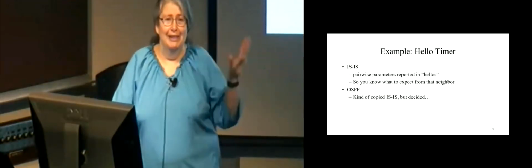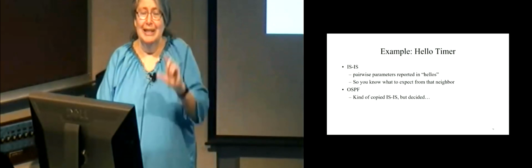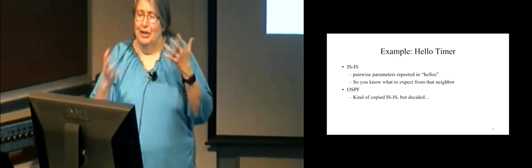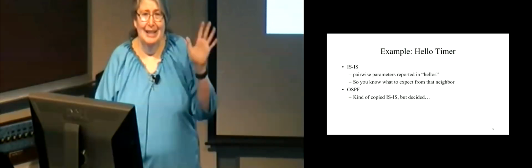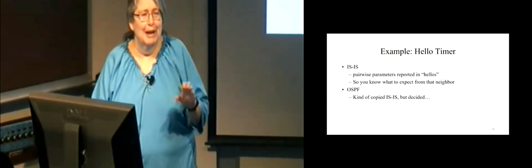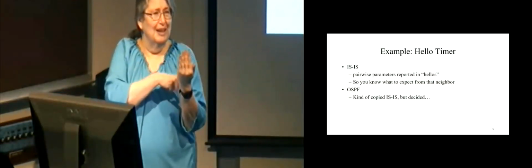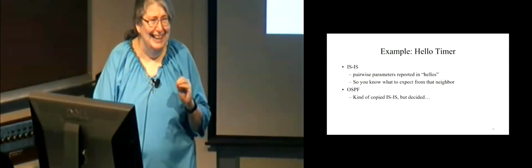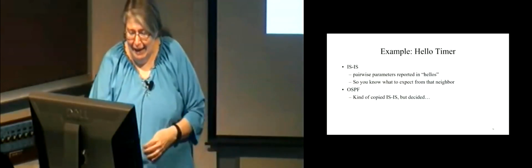OSPF wanted to invent their own protocol, but basically copied a lot of the concepts from ISIS, and they noticed that field in there. But what they did with it, they didn't quite understand what it was there for. So in OSPF, I say, hi, I'm Radia. I send hellos every 30 seconds. And what the OSPF protocol does is when you receive that from your neighbor, you look at your own configured hello value. And if it's not identical, you refuse to talk, which makes the network really brittle. And why shouldn't you have different nodes? Anyway,